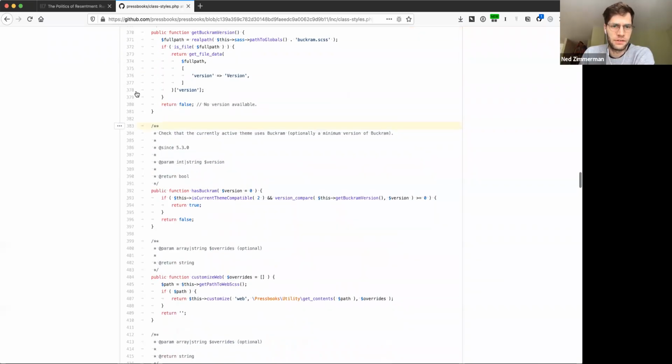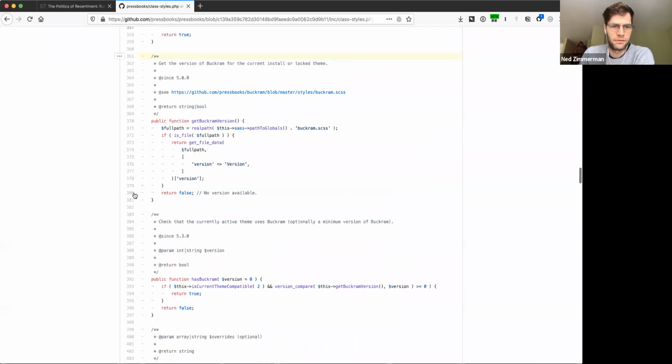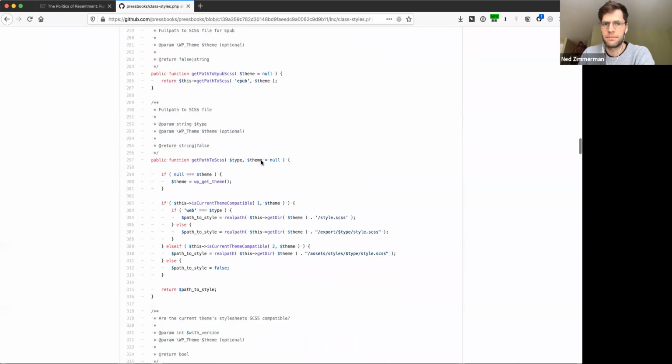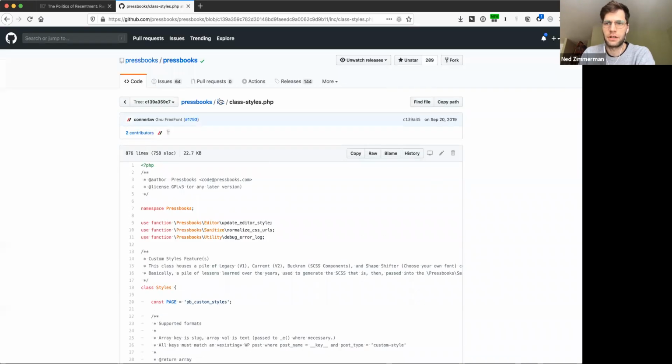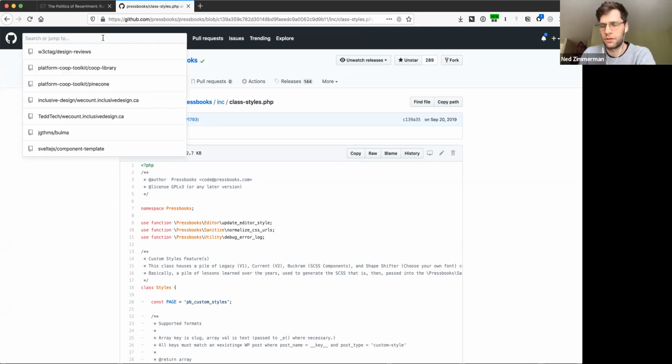You have this function, get Buckram version, right? This is something that figures out what version of Buckram is available to the current theme. So if you're running a theme, say Malala, I don't know which version of Buckram Malala was probably,